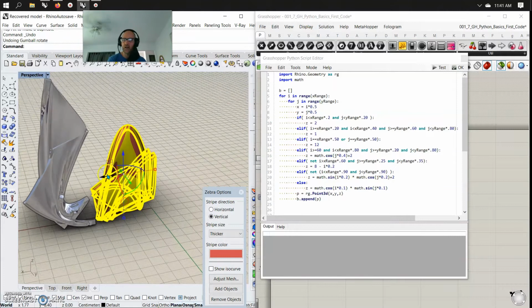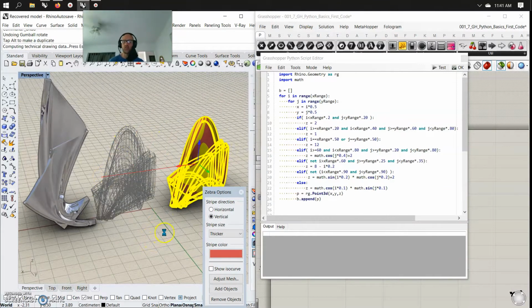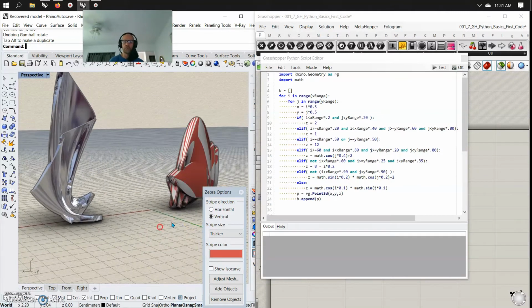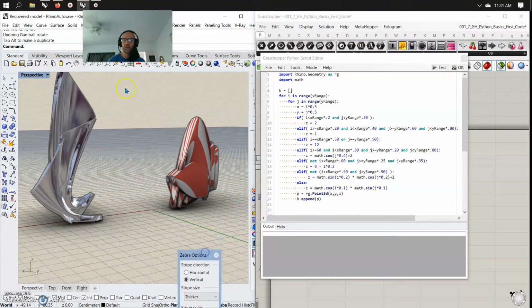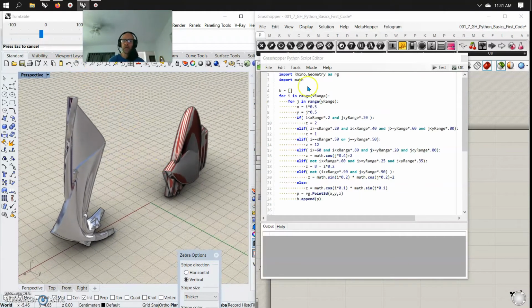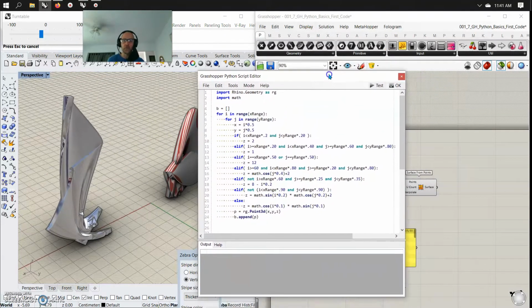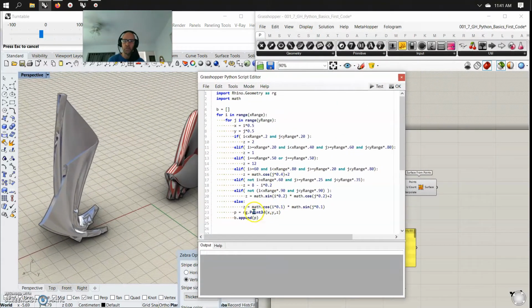I try and do as little as possible, but I have realized that with the complexities of offsetting surfaces to normals, I've built so many really cool things. Let me just put this in turntable while we're talking because I'm kind of excited about it. Just a slow rotation. The script is playing with other people's scripts, converting it to Rhino geometry by a simple